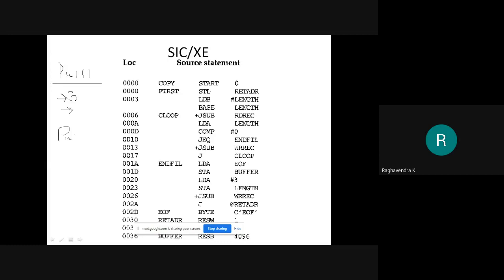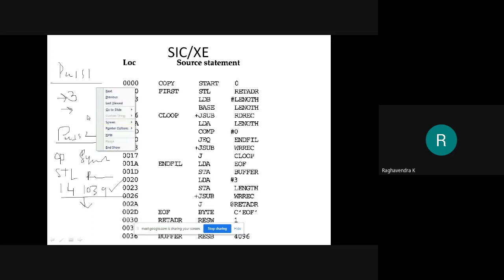When it comes to pass 2, the assembly process was also quite simple in the SIC standard model. All we had to do was put together the opcode with the label or the symbol, or the opcode with the operand, right? For example, one example that I've always been taking is STL RETADR. So STL was 14 and the return address was 1039. You simply put them together, and the object code was generated. And later this object code was written into the text record to generate the object program, right? So this was a fairly simple task in the SIC standard model, but it is not the case in SIC/XE.